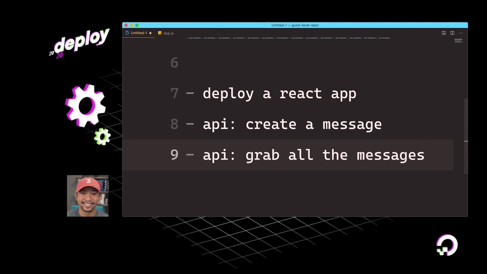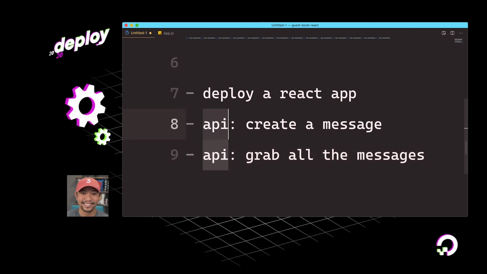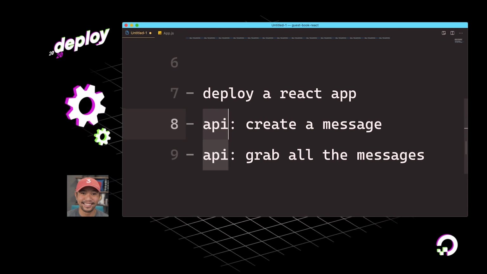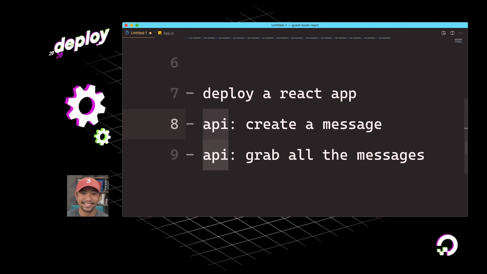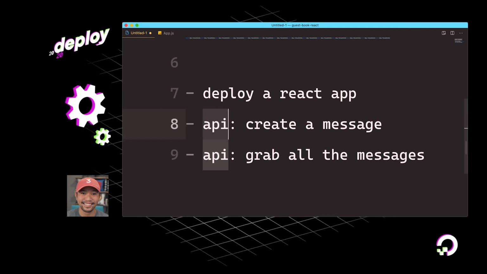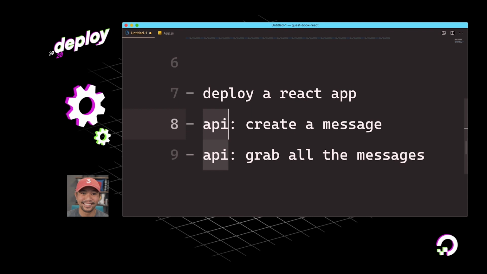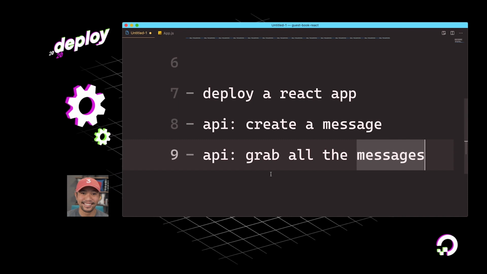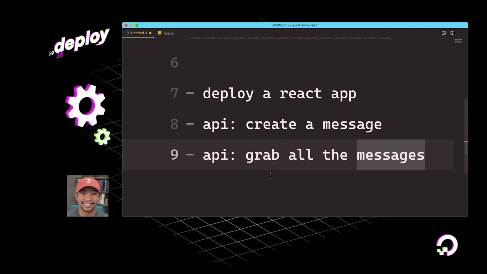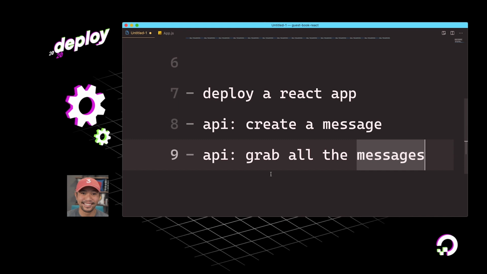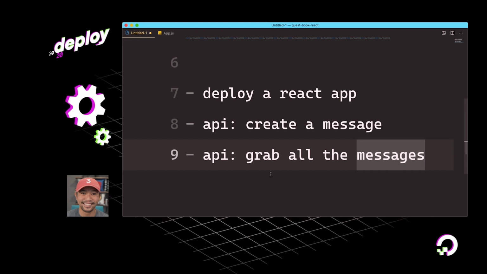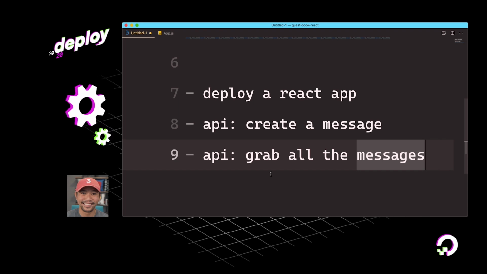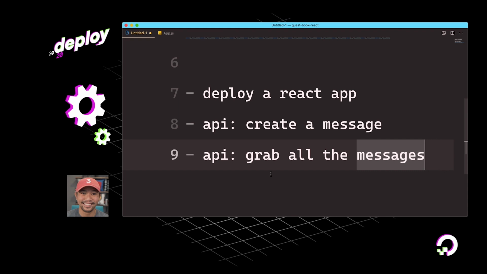So the question is here, okay, well, what do I reach for? Some might say I need an API to create and read and update and delete. Maybe I could reach for something like Prismic, maybe. Would that do it? Would Sanity do it? And I'm sure you could figure out how to make a headless CMS work as a CRUD type application. Headless CMSs are traditionally really good at being able to back our blogs, our e-commerce sites, our portfolios. But when we want to make applications that are a little more dynamic, that have a little bit different data requirements, it makes sense to start building out our own APIs.